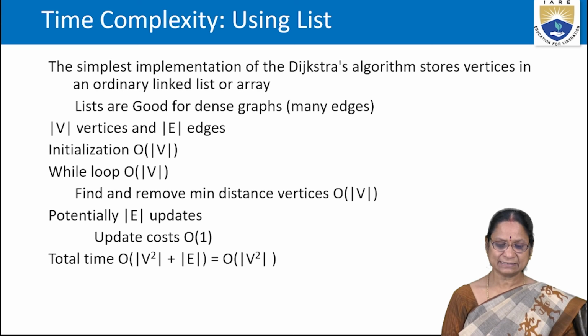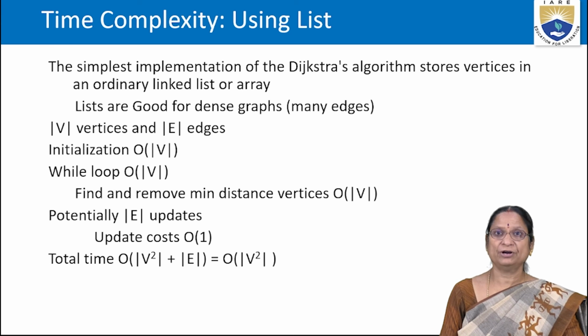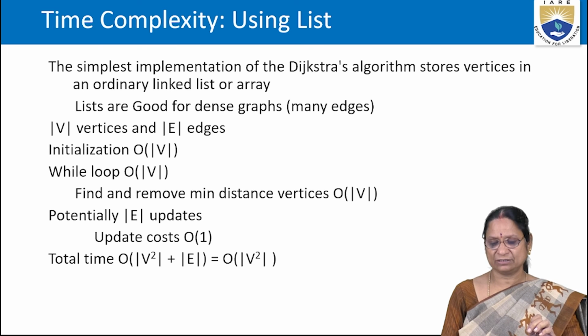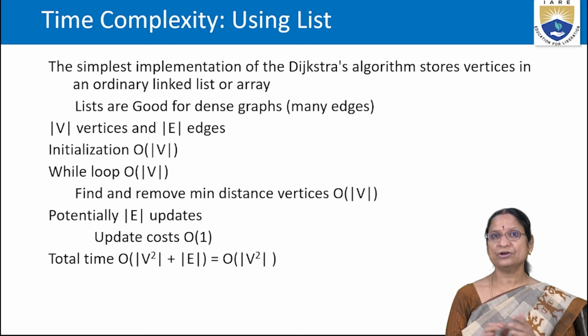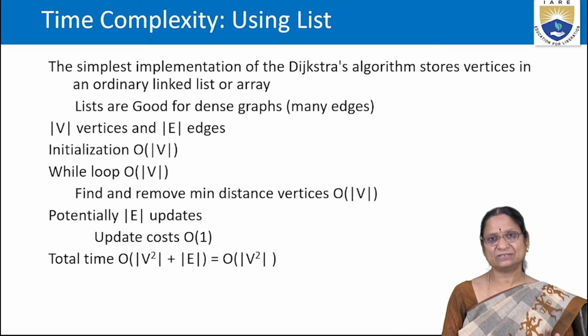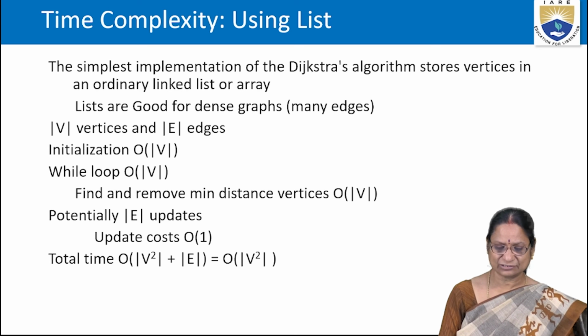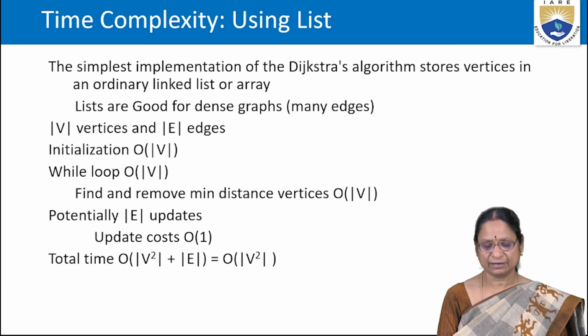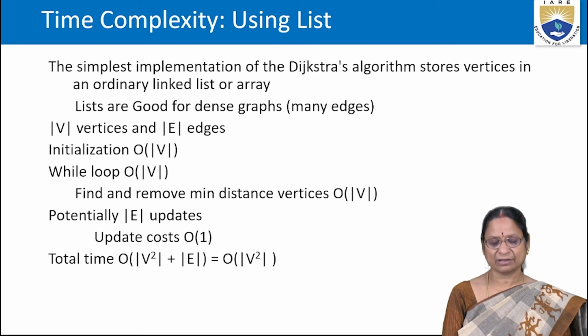Based upon the inner loop complexity, the total complexity is considered. If we are representing it as a list, the outer while loop is going to be order of v, and finding and removing the vertex with minimum distance is also order of v. If it is a list, we consider it normally. Potentially there are e updates, so the maximum number of edge updates will be the total number of edges. The update cost is big O of 1, constant cost. So the total update cost will be mod e. So the total time is big O of mod v square plus mod e, which is big O of v